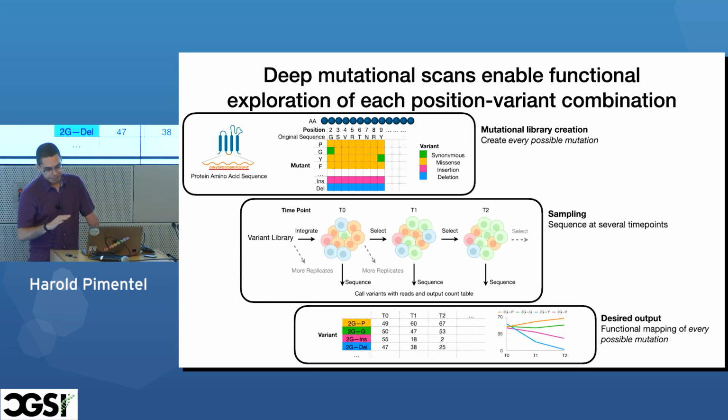And so what you end up getting is effectively for every single one of these possible mutations, so in this case position 2, a G went to a P, we got this many counts, and it's a big matrix, yeah? And you'll end up with what some of these folks call fitness curves, right? And you want to infer this fitness curve. So if we're talking from a linear regression space, the slope and maybe the intercept, right? And some uncertainty associated with it, right?